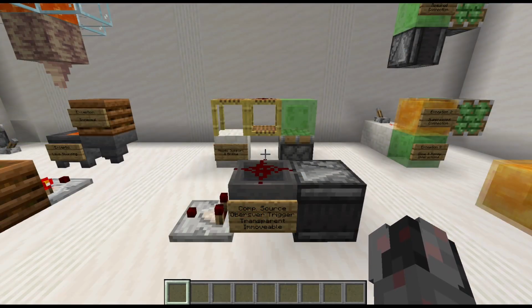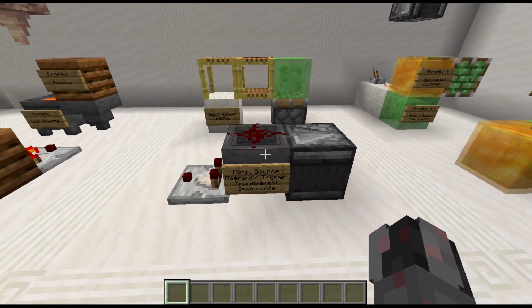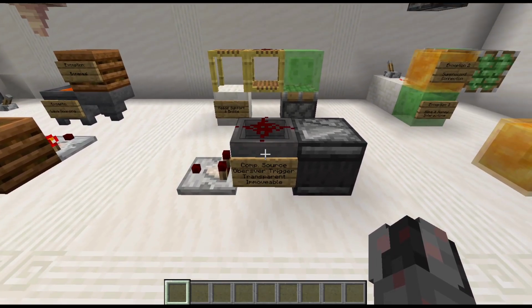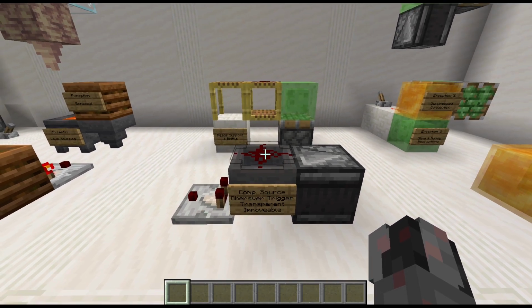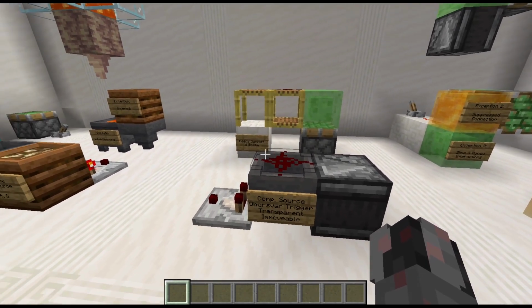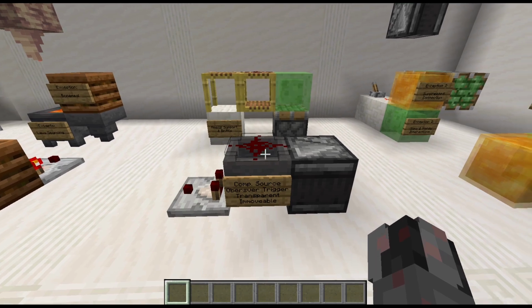The next block is extremely unique in its combination of attributes, and that is the hopper. Now, obviously, the hopper can be used to transport items, but it also has other functionalities. For one, it has a powered state, which means it can interact with observers. It also has an inventory, so it can interact with comparators. It's also immovable. It's a transparent block, and it allows you to put redstone circuitry on top. This is a completely unique combination and means there is no real alternative to hoppers if you need all of